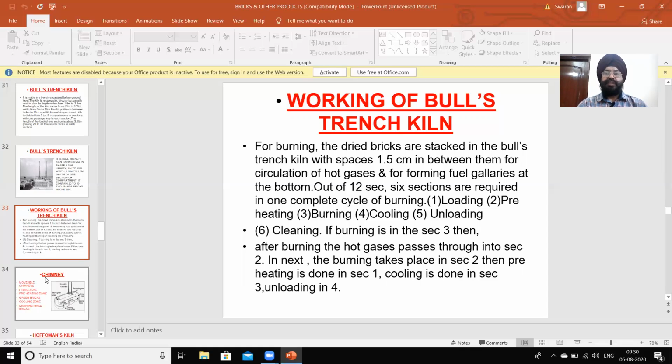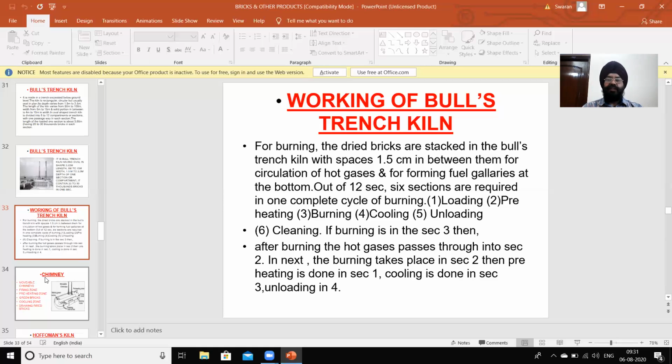Out of the 12 sections, 6 sections are required in one complete cycle of burning, as loading, preheating, burning, cooling, unloading, and cleaning. So these 6 sections complete one cycle. The other 6 sections are ready for the next cycle after it.